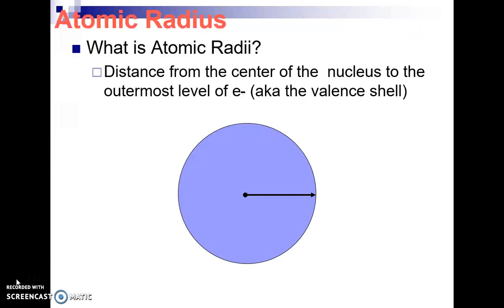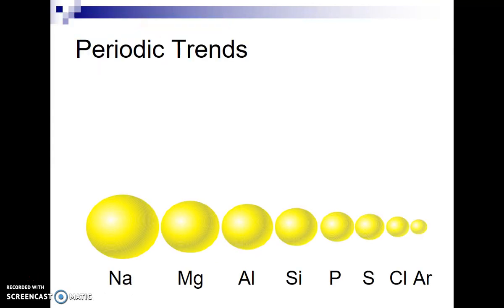The first trend we're going to look at is atomic radius. And the definition of atomic radius is the distance from the center of the nucleus to the valence electrons, to the last shell, or the last orbital, or energy level in the atom. Again, essentially, it's how big the atom is. Okay. Now we're going to talk about